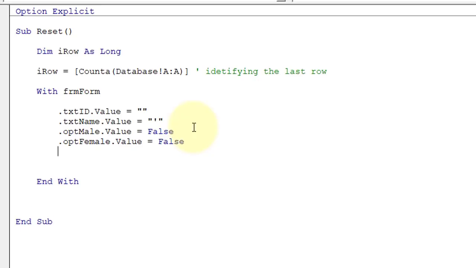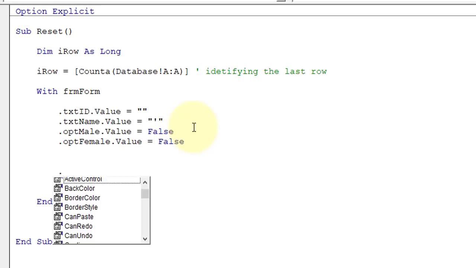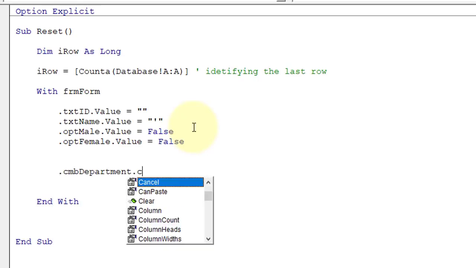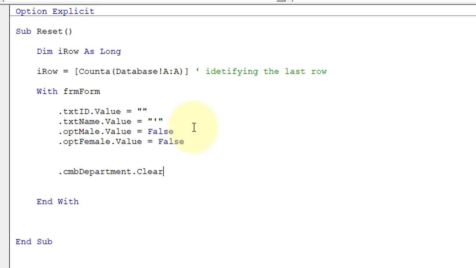Okay, basically we are initializing all those controls, like we are resetting the controls so that we can use this code while initializing the window, as well as whenever the user clicks on the reset button we will use this code, right? So male is equal to false and female. Now we need to clear the combo box. So .cmbDepartment.Clear. So whatever items are available in the combo box will be cleared first of all, and then